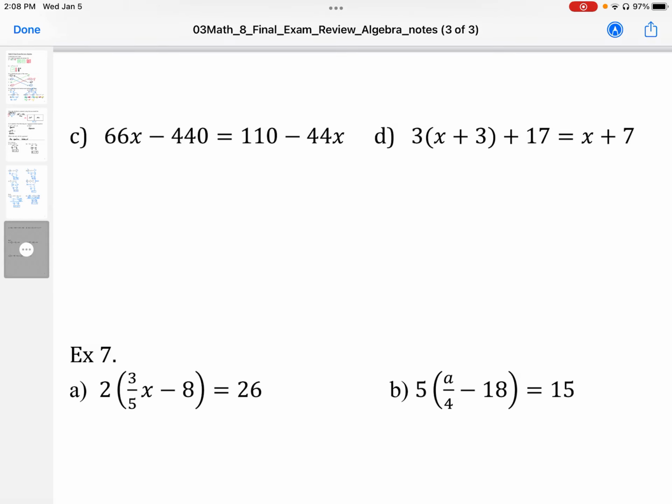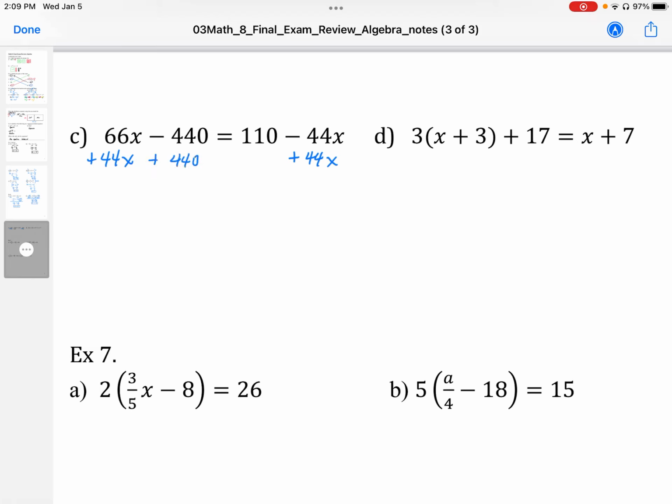So for this one here, we can again combine our like terms. So I want to put the x's, in this case, on the left-hand side. So I'm going to add 44x to this side. I'm going to add 44x to this side. I want to get rid of the minus 441s on the right-hand side. So I'm going to add